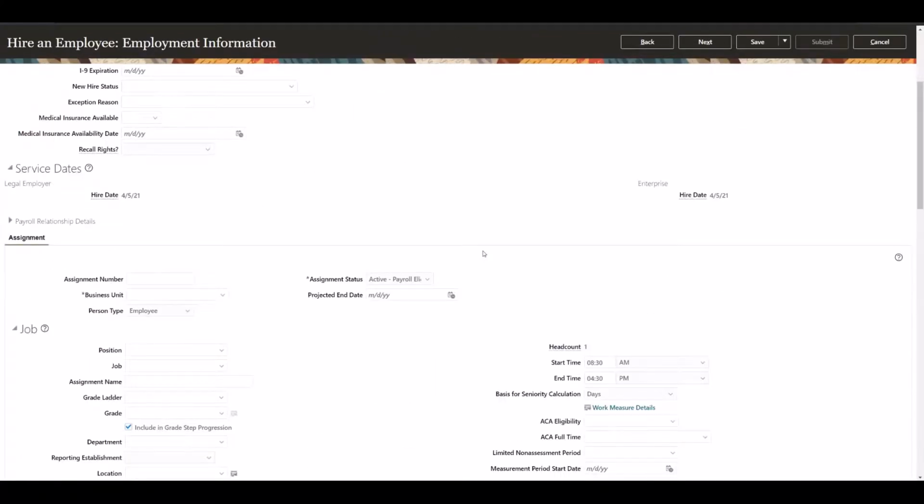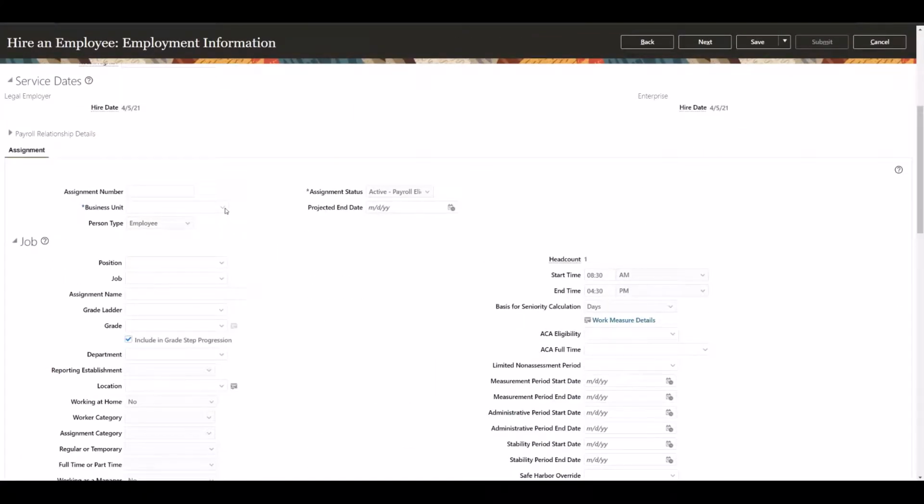Now we are in the assignment page. I'm going to select solar power business unit first.